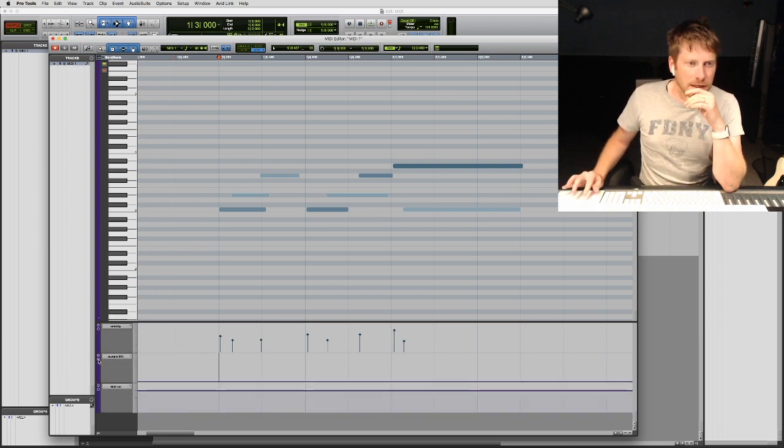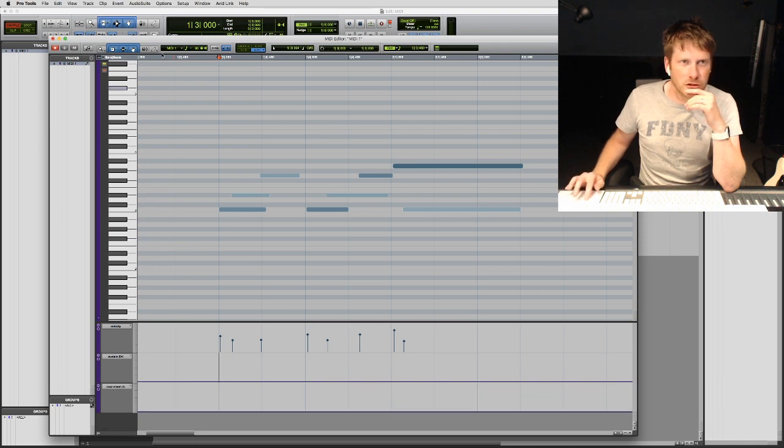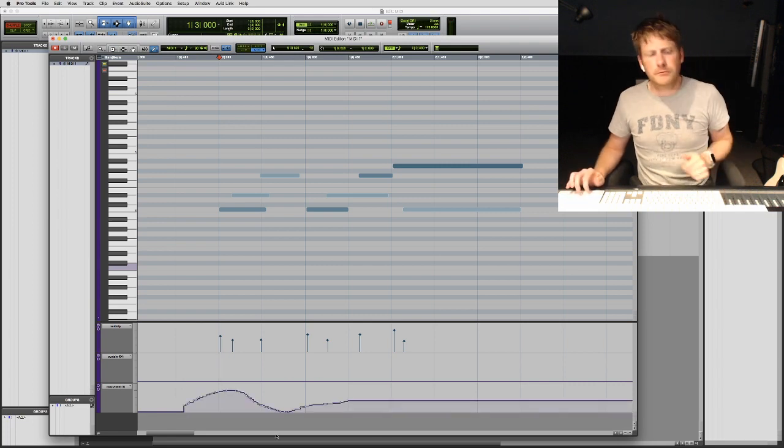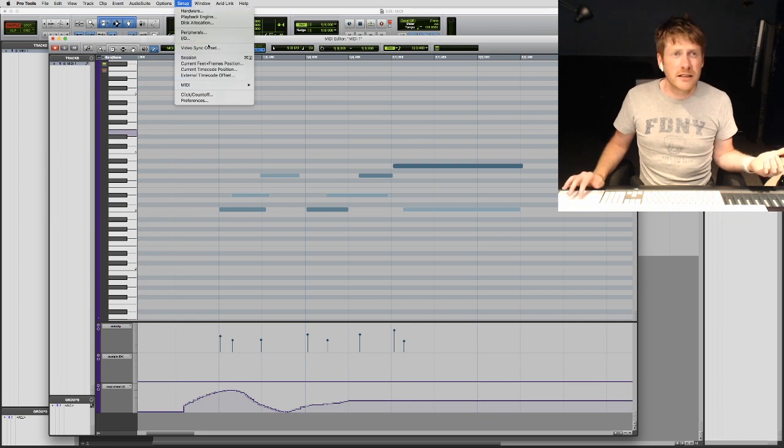Sustain, or how many can I add on? Well, potentially 127. Mod wheel, for instance, and you can get a pen and draw or record the mod wheel in. Like that. If you see a score editor,